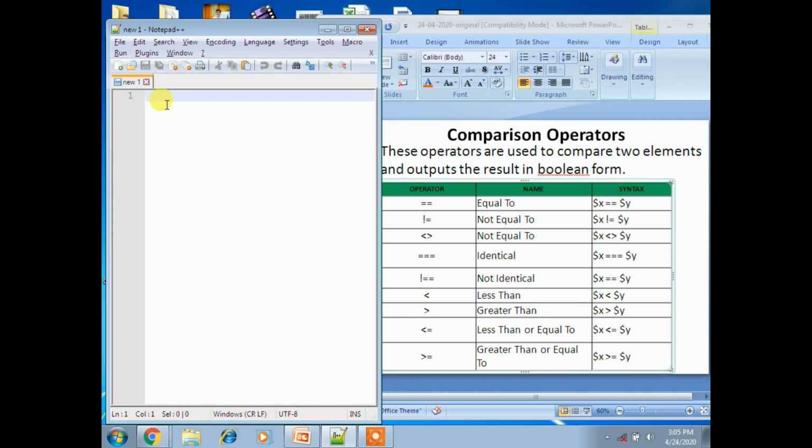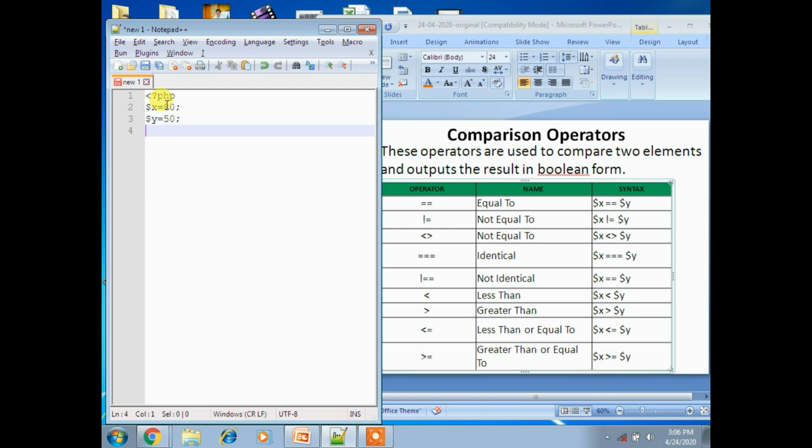For the comparison operators I am using the same format, placing the PHP opening tag again. Then take $x equal to 80, and $y equal to 50.